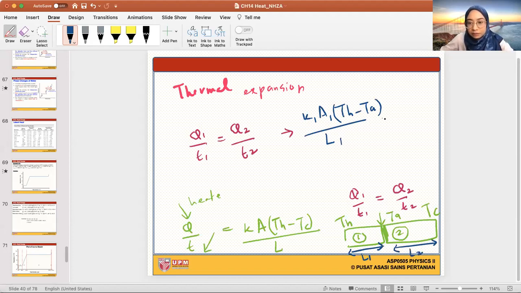Okay, so this guy now, the rate of heat transfer for this guy, material number 2, is K2A2 TA, because TA is greater than TC. So TA kena dululah, minus TC over L2. The length can be different from L1. The area can also be different than